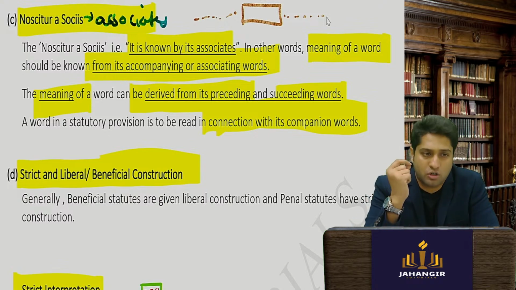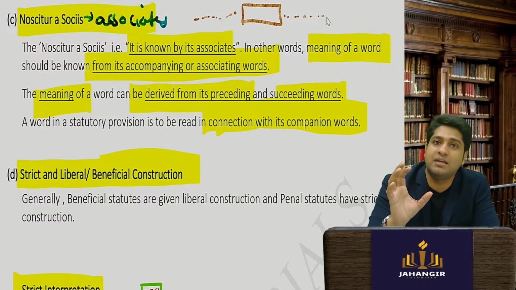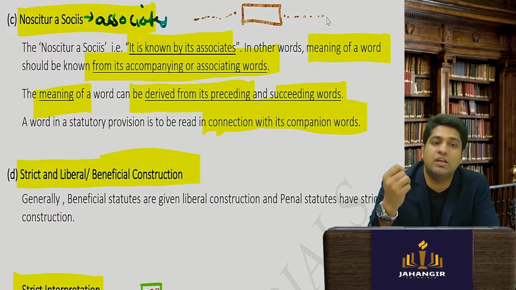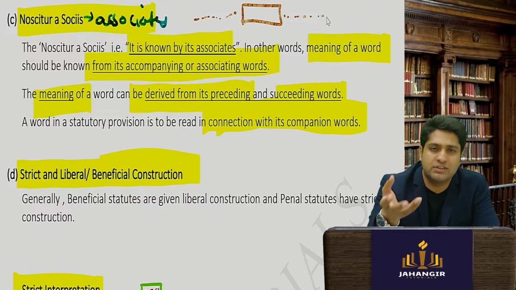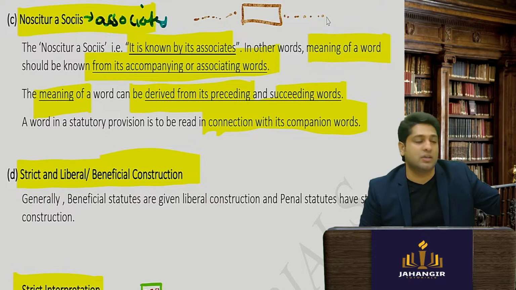So noscitur a sociis means a particular word can be known by its friends, by its associates. We can interpret the meaning of the words by the associating words. We do this whenever we don't know a word, we try to go into the full